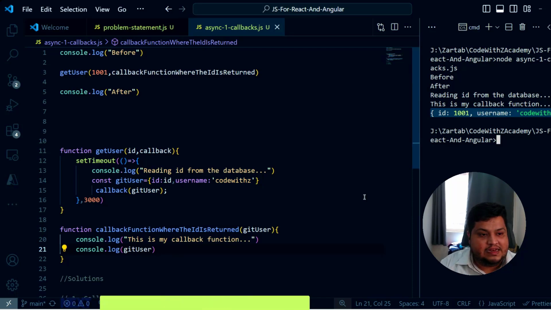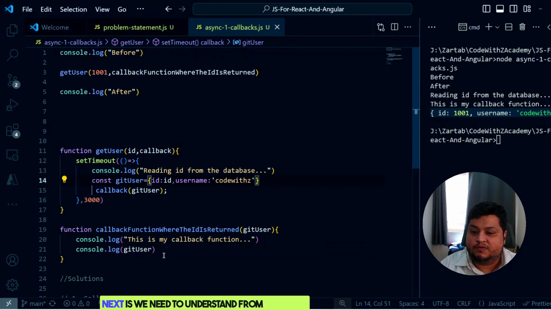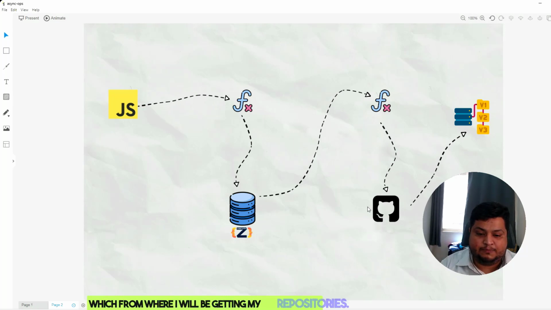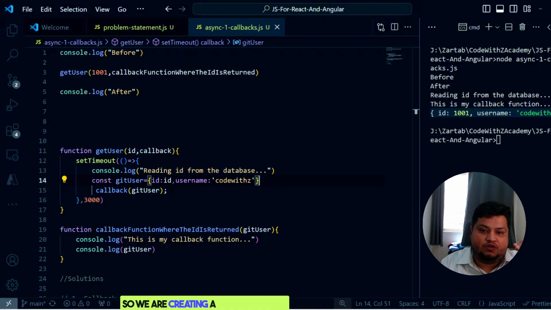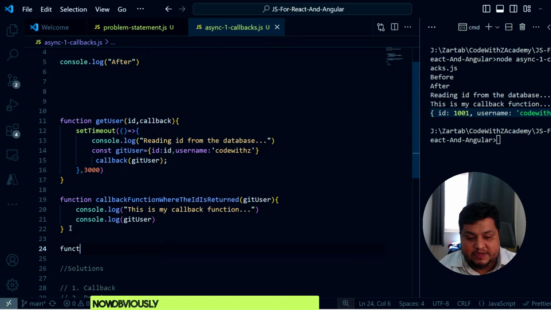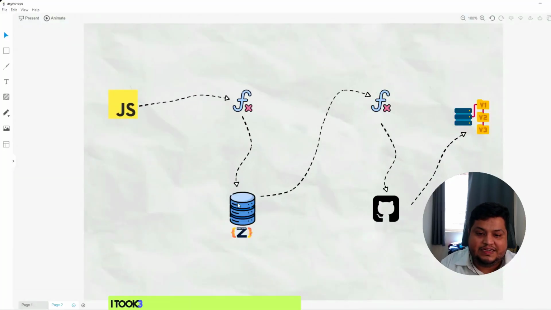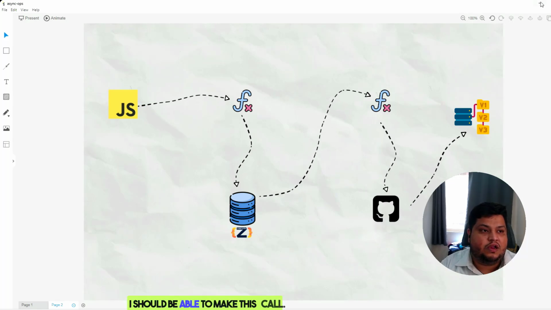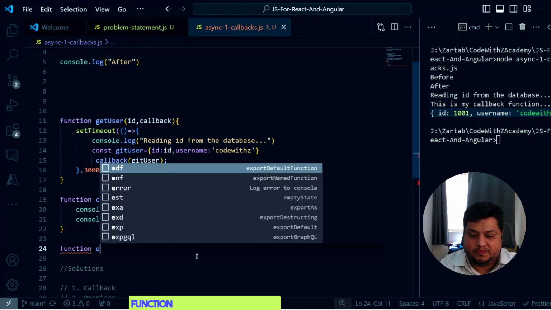We have done that. Next is we need to understand from this, I have another function, because the ultimate aim is what? I got the data from the callback which I received the ID. Now I need to pass it to the next function, which from where I will be getting my repositories. So we are creating a callback links. Next, what we will do is function. Now, obviously, if you remember from this point, if I took 3 seconds to retrieve the data from database, I might need another 3 seconds to get the data from the GitHub repo, right? So once I received my ID, then only I should be able to make this call. So what I do here, function